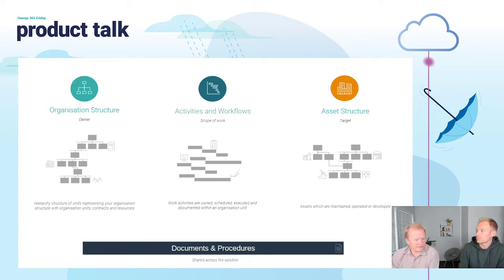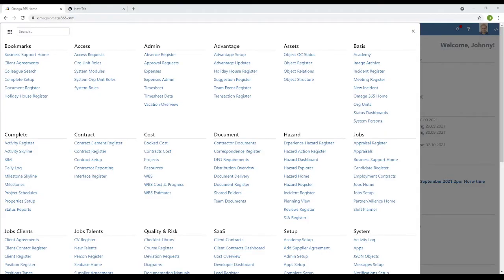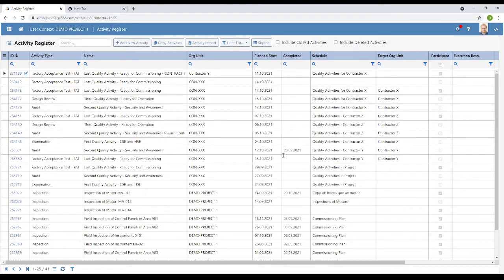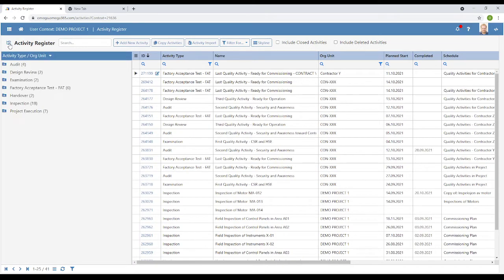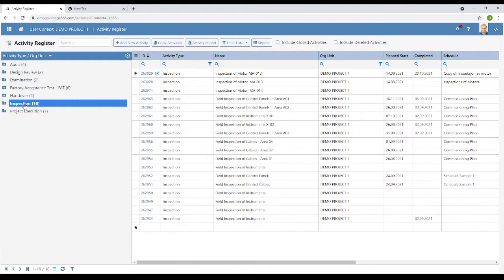So I'll just jump directly into our application software and go to the activity register first. Traditional grid view with all the activities in your project, and you have some nice group by folders available easily here. For example, if I'm interested in having a look at all the inspection activities going on or planned in this project, I go here and I can see that I have several activities related to inspection,